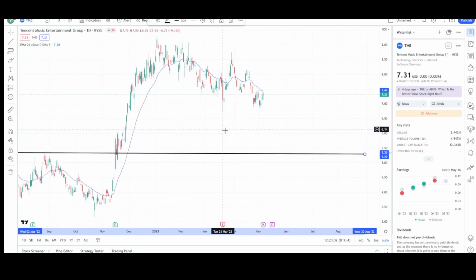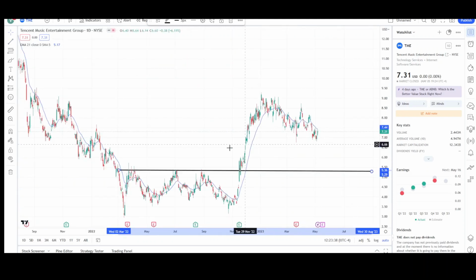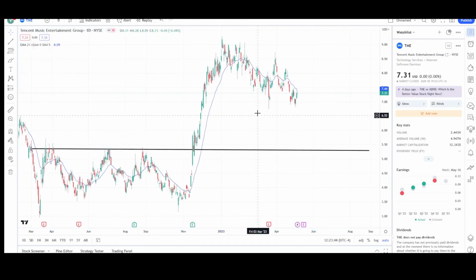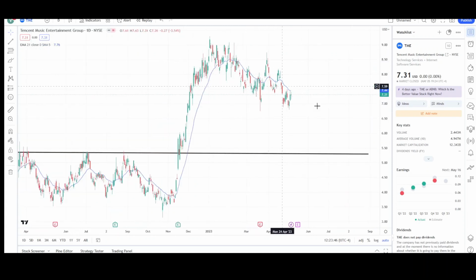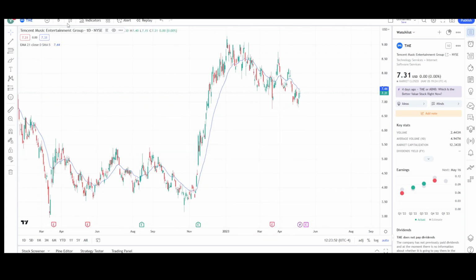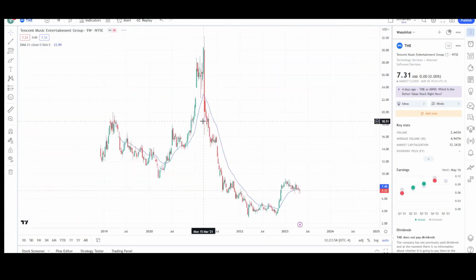I was looking at TME for a while, and I was thinking it should, but it's taking such a long time, it just might not. So we'll have to wait and see. But this is a breakout level. Price action likes to test breakout points. But right now, it's so choppy, this downward trend, where it's looking like a correction instead of like a reversal. So we'll have to wait and see. That's everything I have on the TME on the daily chart.